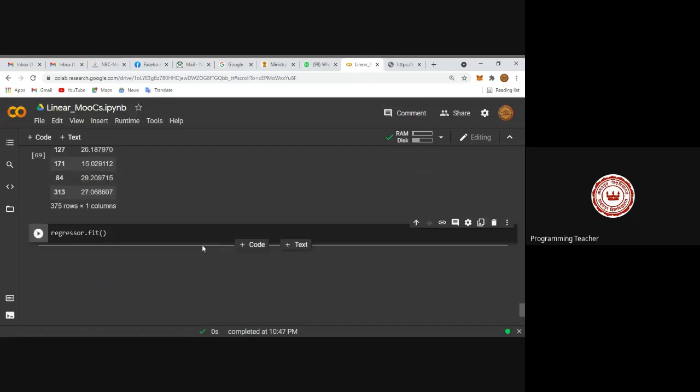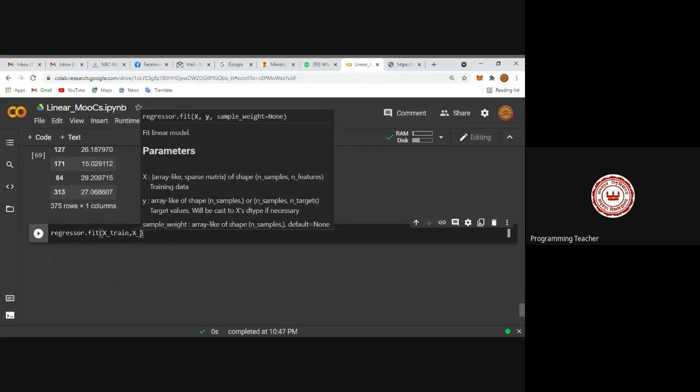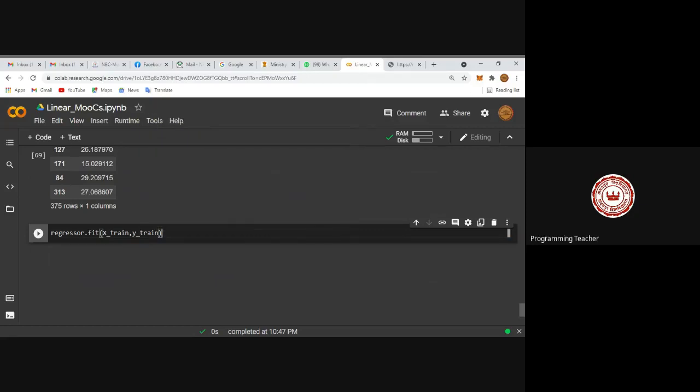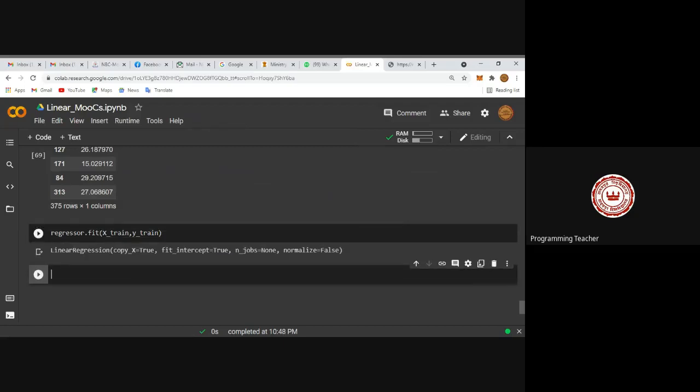Train data, because test data is newly created. So X-train, comma, Y-train, sorry. Yes, Y-train. Don't say X-test and Y-test, no, because X-test and Y-test are newly created. But in this case, you have to fit to accept or adjust the internal alignment for X-train and Y-train. Fit.